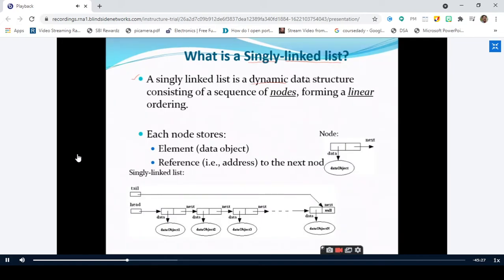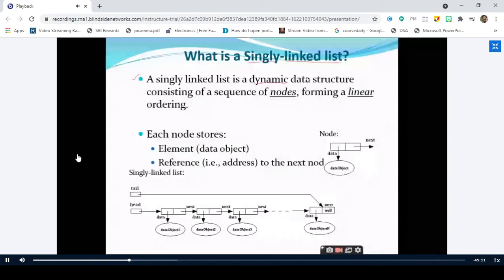It's not in all the cases, but for example, assume that you have allocated memory for 50 integer elements, but in the programming part, you use only 30 elements. So the memory that is allocated for the remaining 20 elements will go waste.